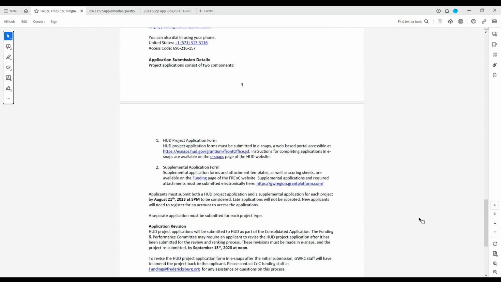But you do have to submit both to be fully submitted. So make sure that both your HUD application through eSnaps and your supplemental application through Good Grants is submitted by that August 21st at 5 p.m. deadline. The interesting thing about HUD applications is even after you submit your form, it may not be done with